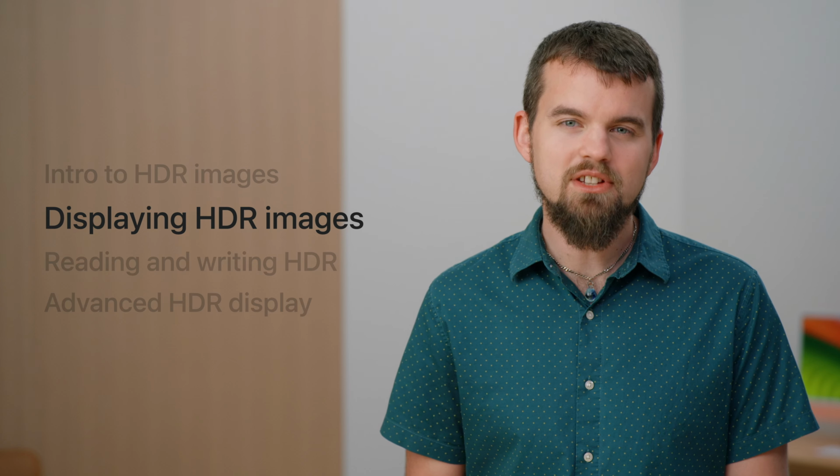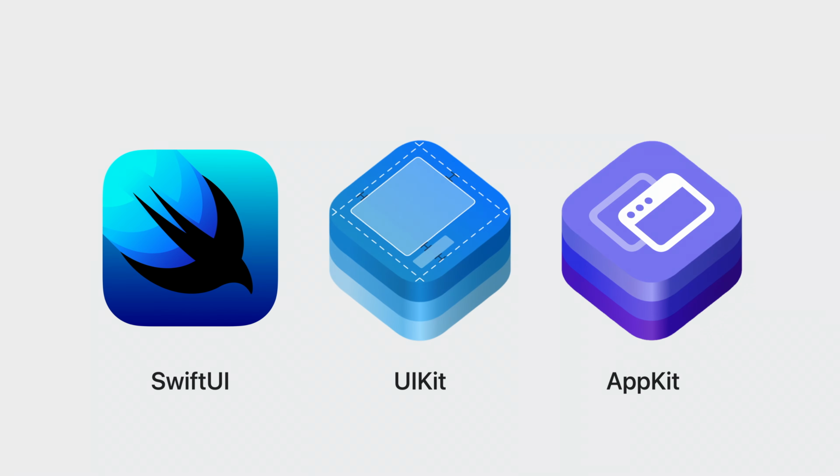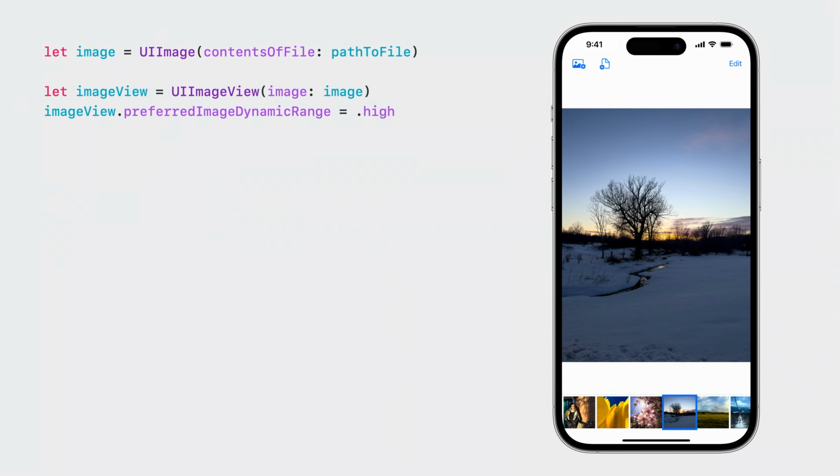Now let's talk about how to use these new APIs to incorporate HDR images into an app. The APIs I'm going to show you are available in SwiftUI, UIKit, and AppKit. Let's take a look at the SwiftUI and UIKit API. In this example, I have an ISO HDR image file accessible via URL, and I want to display it. All I have to do is create a UI image and provide it to an image view, along with the new Allowed Dynamic Range modifier to enable high dynamic range. It's that simple. Similarly, in a UIKit app, you can set the new UI image view property Preferred Image Dynamic Range, and voila,